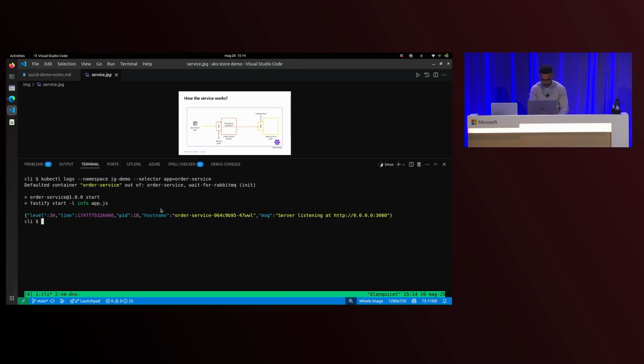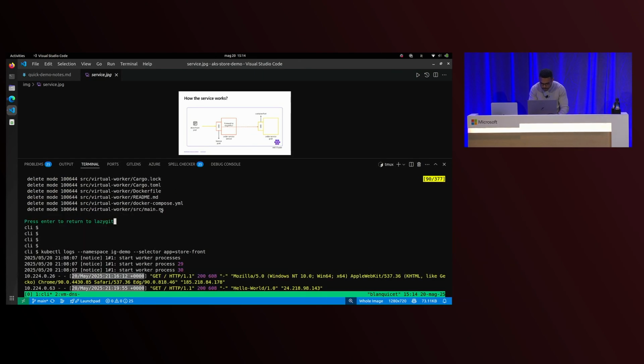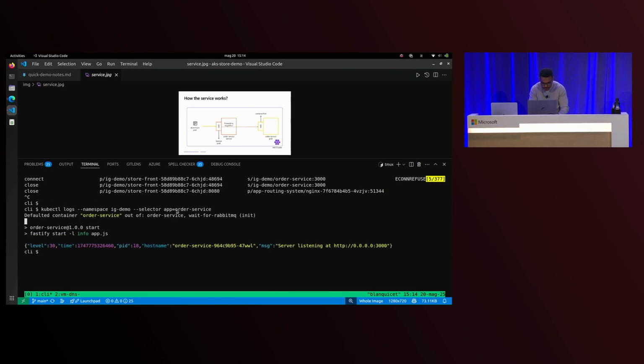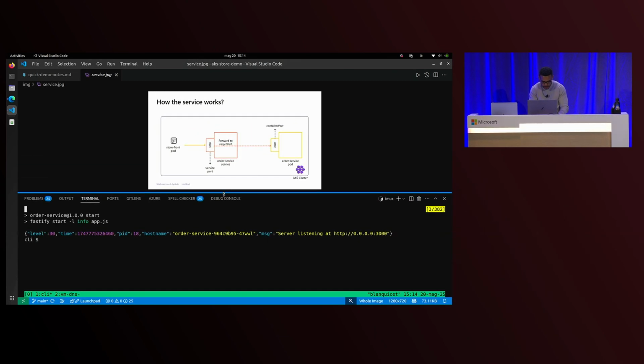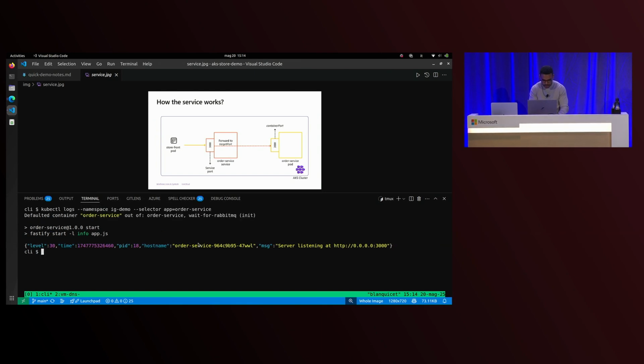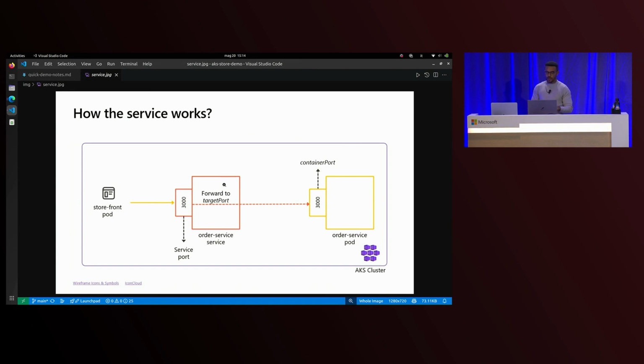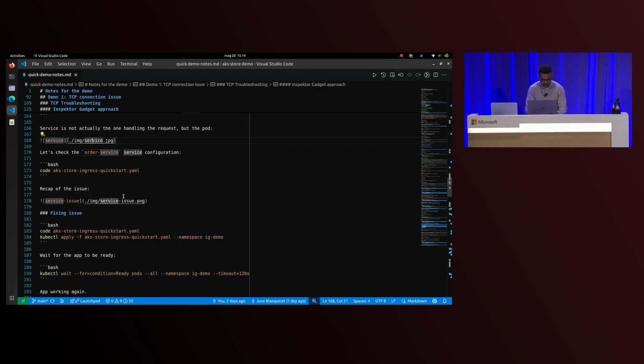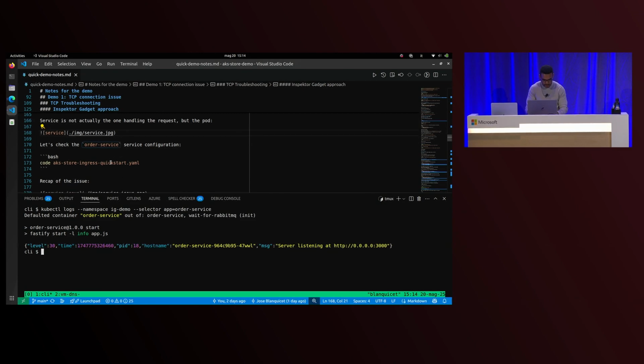We see that the storefront is trying to connect to the service, but we know how the service works. The service will try to forward that request to the pod, to that particular container port. So let's check our YAML to verify that's what is happening.